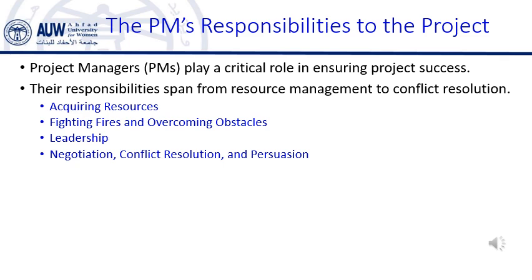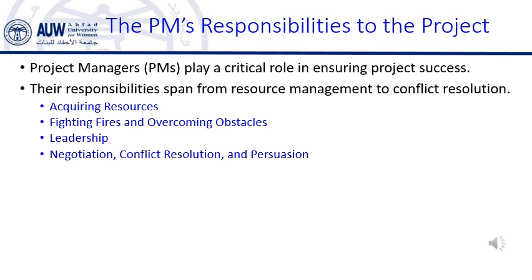Negotiating with stakeholders. The PM often has to negotiate with clients, suppliers, or team members to get the resources, timelines, or support needed for the project. Resolving conflicts. When conflicts arise, whether between team members or with external stakeholders, the PM must handle these situations diplomatically, ensuring that the project continues without disruption. Persuading stakeholders. Sometimes, the PM may need to persuade stakeholders to agree on a decision or course of action, especially if there is disagreement. This could involve convincing the client to approve a change in scope or persuading the team to adopt a new approach.